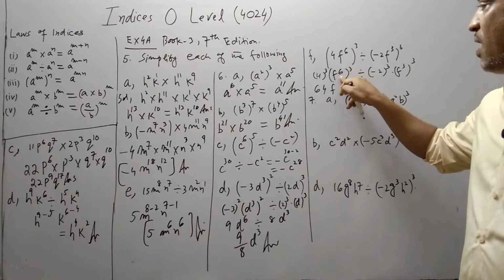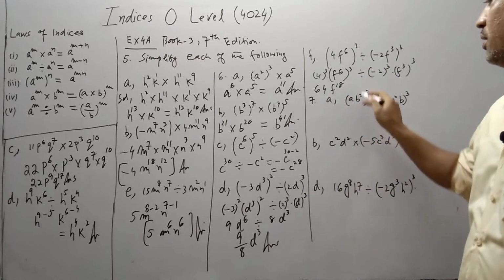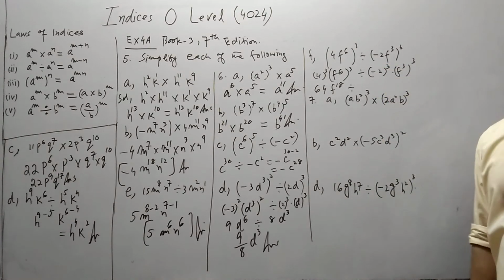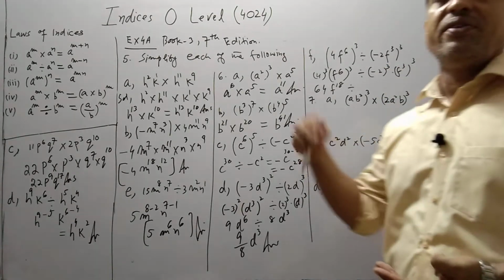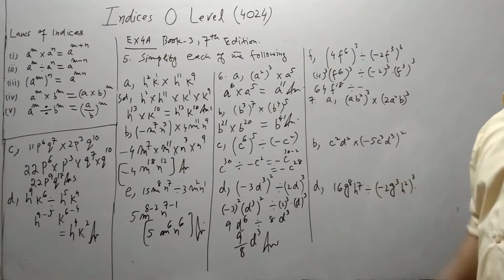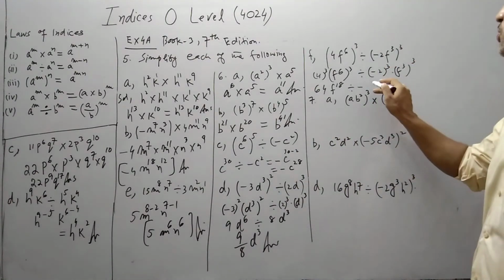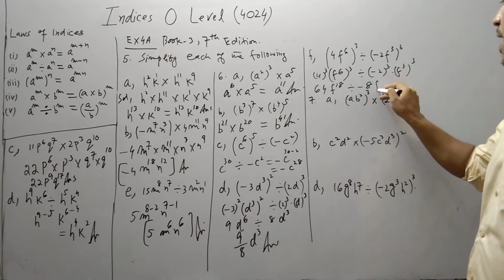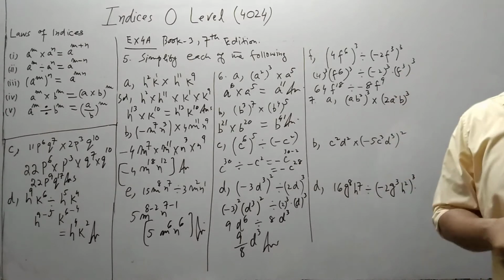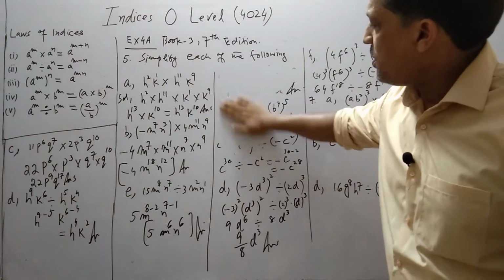f: power to the power is always multiplied. 6 threes are 18. Divided by minus 2 cubed. Minus to an odd power is always minus. What are odd numbers? 1, 3, 5, 7, 9, 11 and so on. So minus cubed is minus. 2 cubed is 2 into 2 into 2. 2 twos are 4, 4 twos are 8. f: power to the power, 3 threes are 9. Okay, see this. I can rub this.